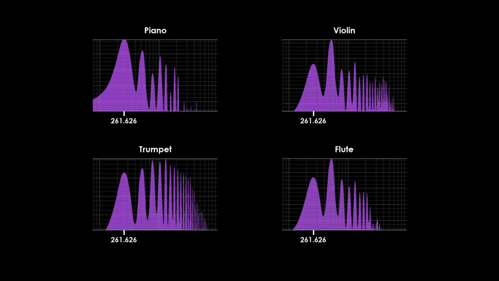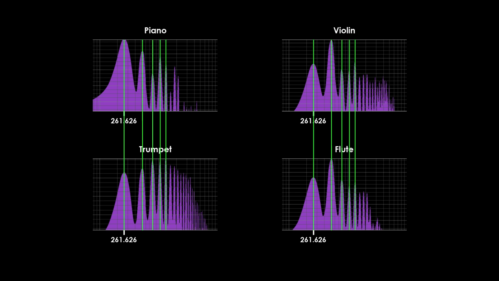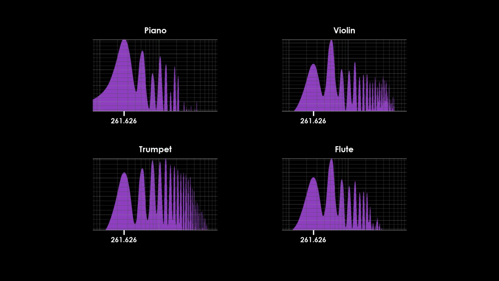Here, we can see that each musical instrument has its characteristic spectrum even when they play the same note. The frequencies are the same, but their amplitudes are different. So, the amplitudes of the components is what gives each instrument its timbre, or more accurately, the ratios between the amplitudes. We can also see that the fundamental frequency is not necessarily the one with the greatest amplitude.